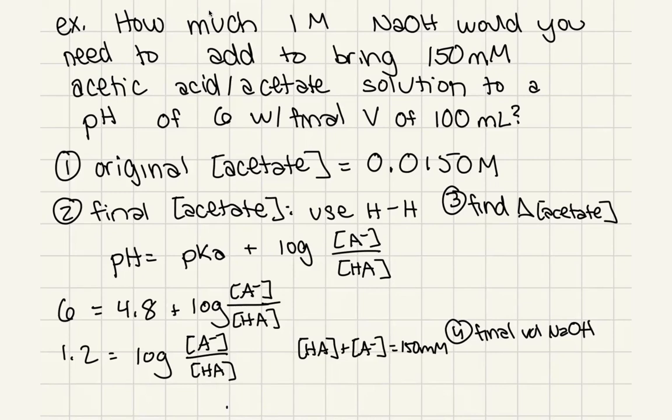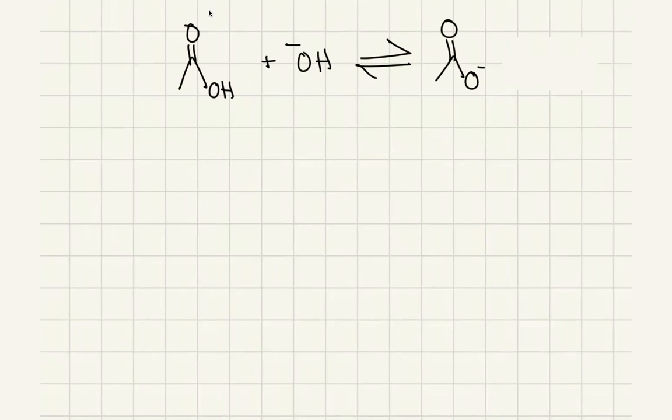If we think about what's actually going on, we have this solution with our acetic acid, and it's going to be reacting with the OH minus that we put in. This is going to give us our acetate. This is the situation we're dealing with. We're not changing the total concentration of our acetic acid plus acetate. So if we think about our acetate concentration as X, our acetic acid concentration has to be 0.15 minus